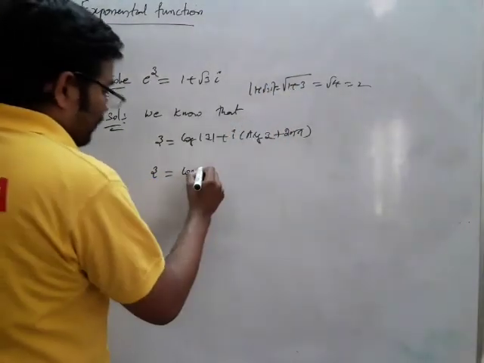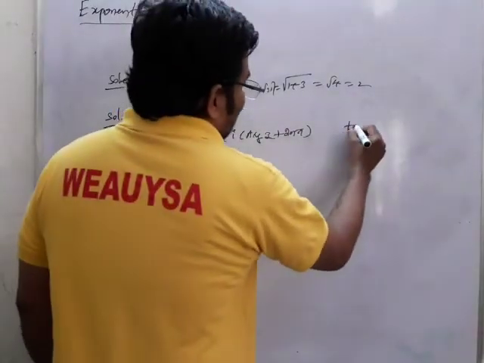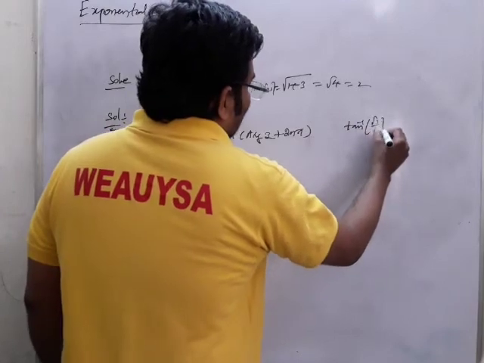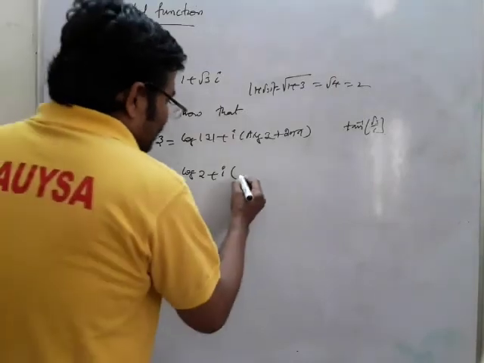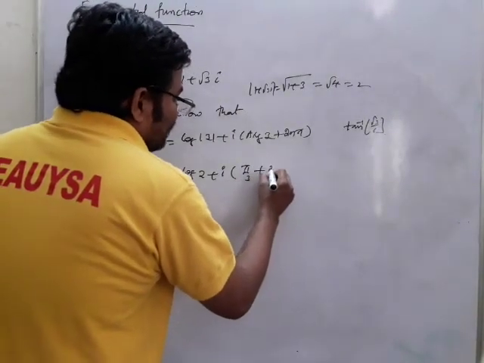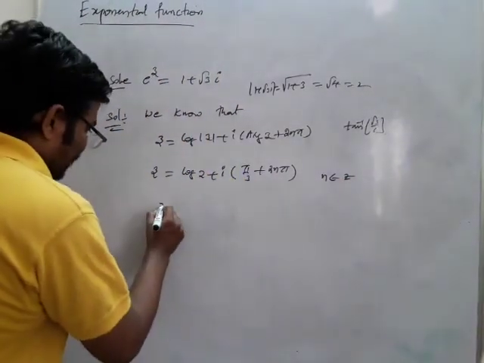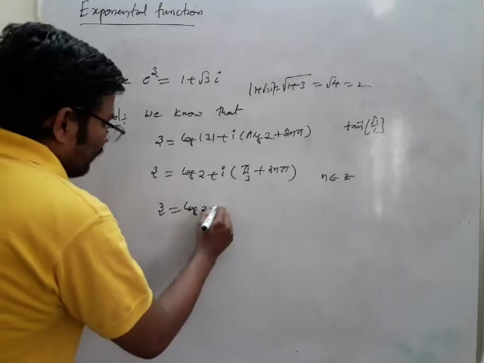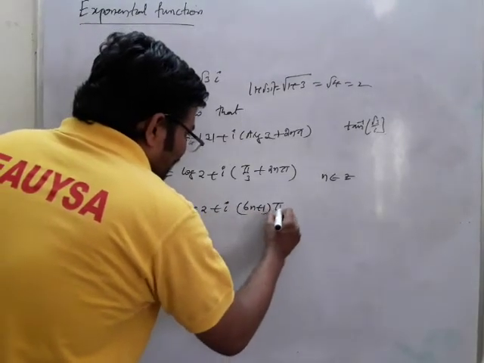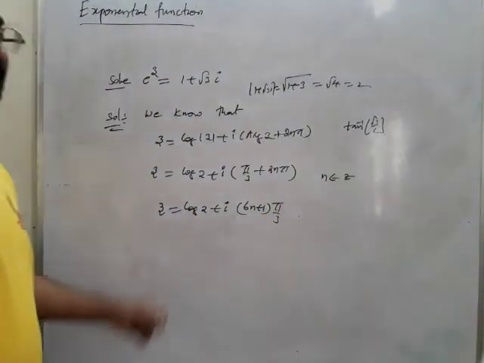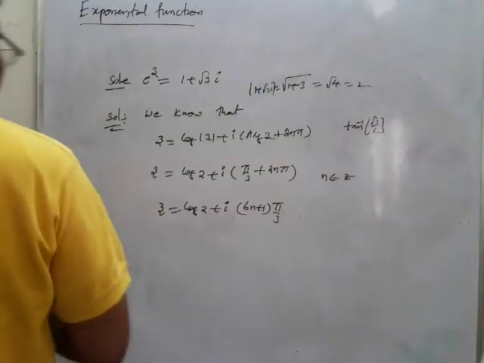So this is nothing but 2 plus i into the argument of z. So tan inverse of root 3 by 1, and tan 60 gives root 3, therefore this is pi by 3 plus 2n pi, where n belongs to the integers. Now z is equal to log 2 plus i into (6n plus 1) pi by 3. This is how we can do the problem of e power z equal to such a number.